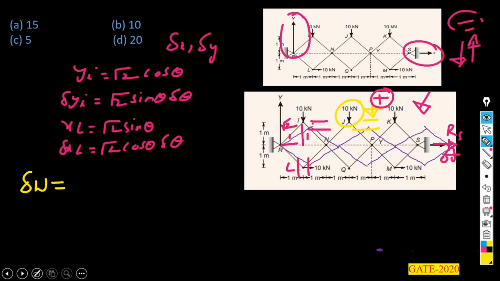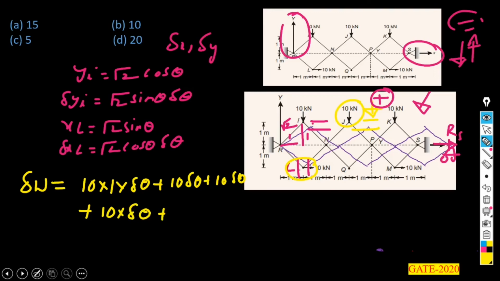Then 10 kilonewton into root 2 sin theta, with theta equal to 45, is 1 into 10 into delta theta, plus 10 into delta theta, plus 10 into delta theta, plus with the horizontal forces we have 10 into root 2 into, again this angle is 45 degrees, 10 into delta theta, plus at M position we need to take 1 plus 1 plus 1 plus 1, which is equal to 5